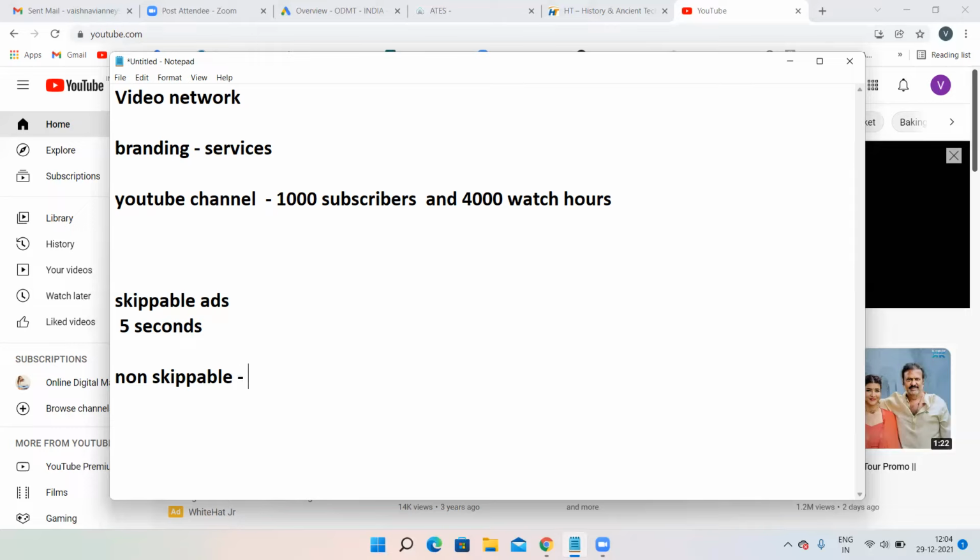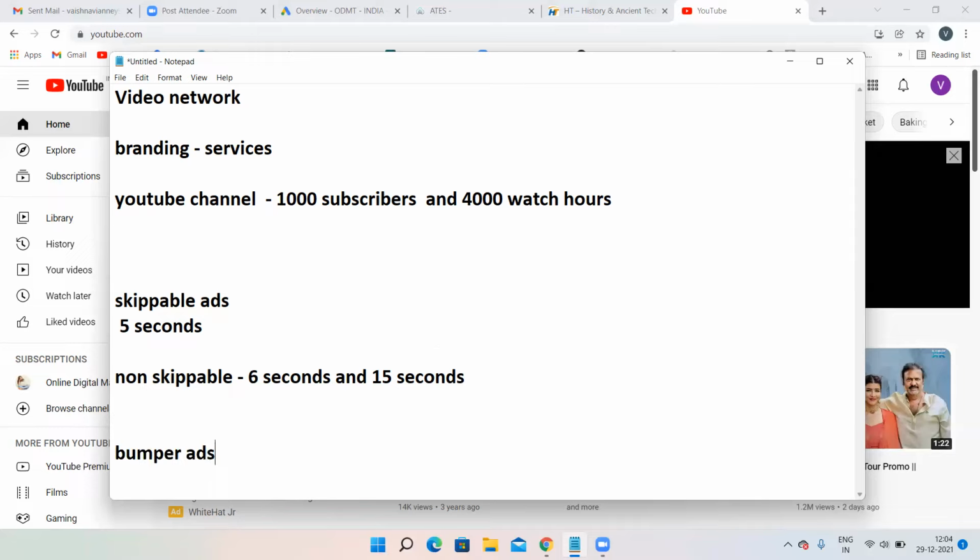So if you observe, non-skippable ads will be of 6 seconds or 15 seconds. These 6-second ads are known as bumper ads.